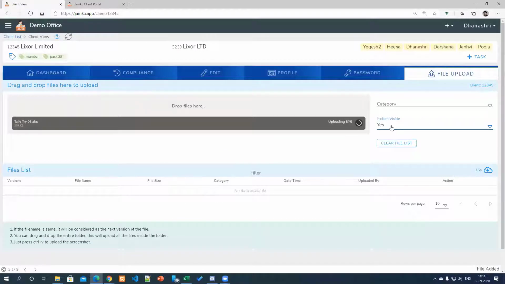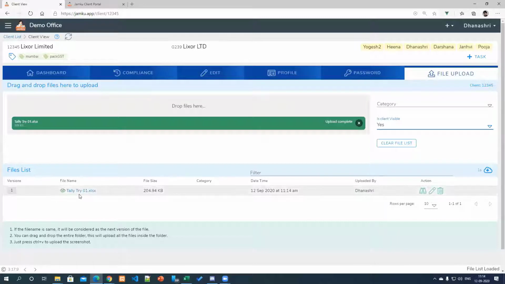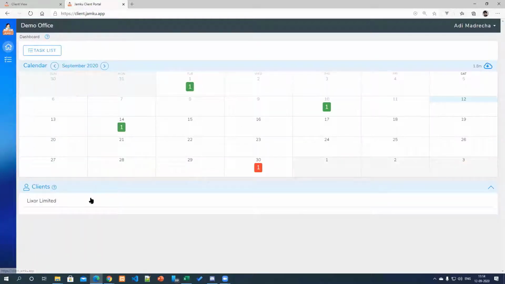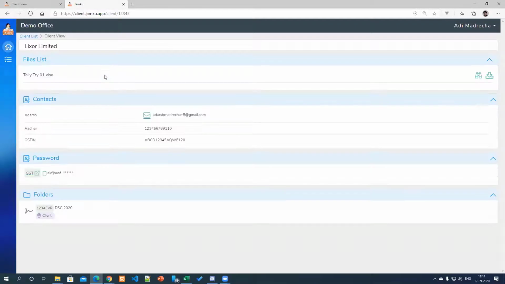So this I have already selected as client visible yes. So whenever it goes and saves, it will be marked as client visible yes. And now if I go back to the Jamku portal, or click on the client name, and here these files are now visible in the file list even at the client level.